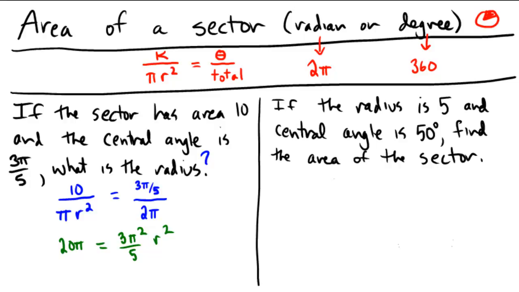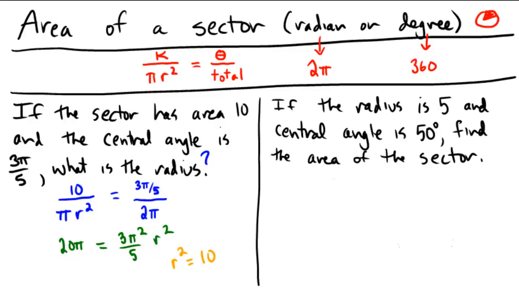Now I'm just going to grab my calculator because I'm going to have to divide both sides by 3 pi squared over 5. So in my calculator I'm typing in 20 pi, which is the left hand side, and then dividing by, grouping it in parentheses, 3 pi squared over 5, and if we've done this correctly, hopefully we got an answer of